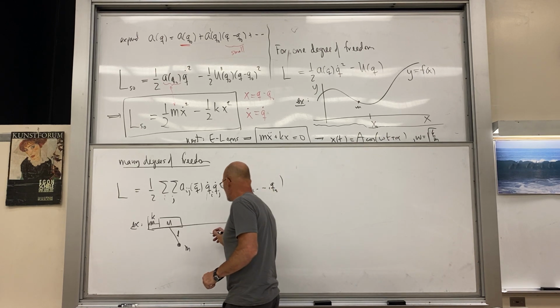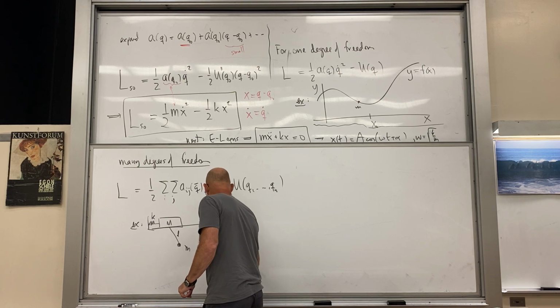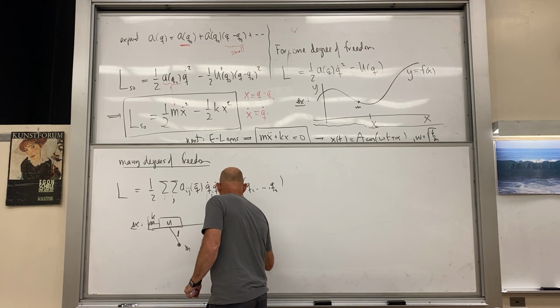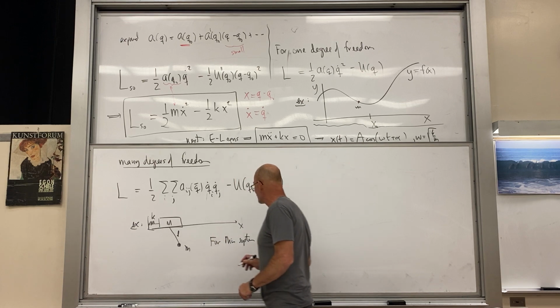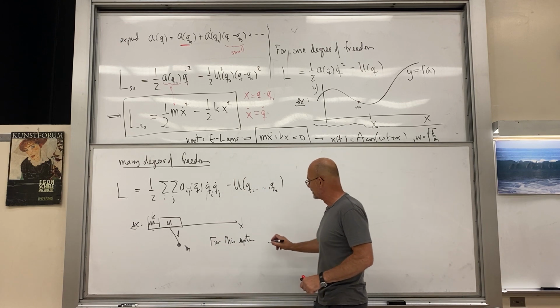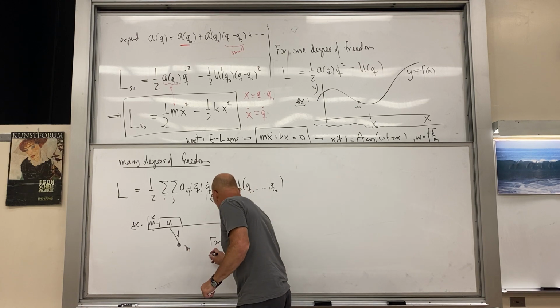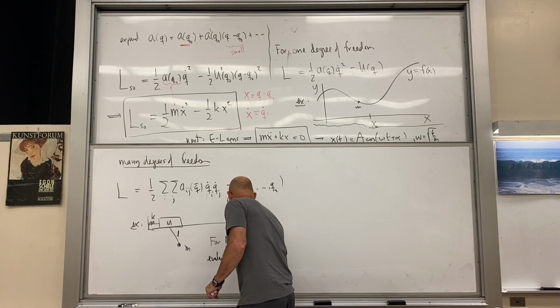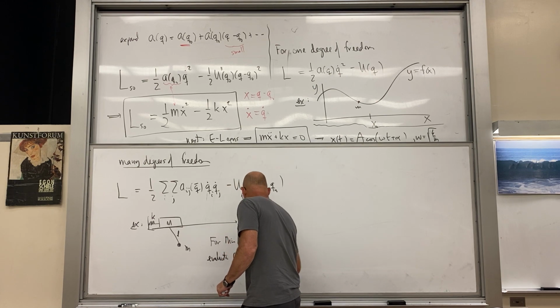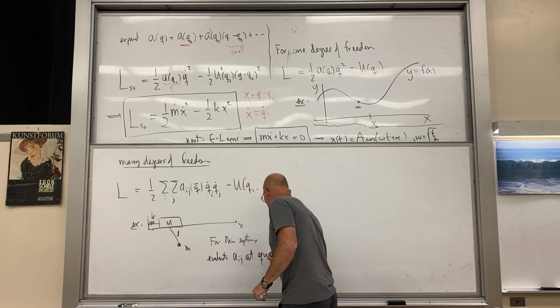So for this system, whose example we have in our notes, whose Lagrangian we have, evaluate A_ij at equilibrium,